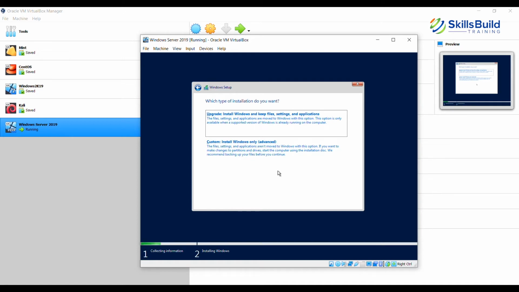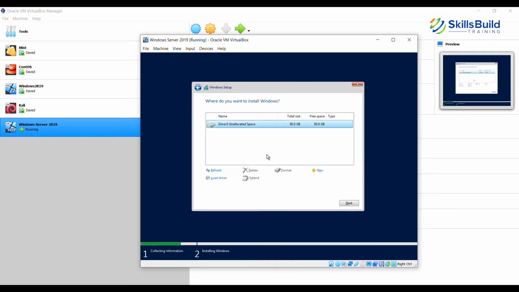Basically, if for instance you are going to use Windows Server 2000 and trying to upgrade it to Windows Server 2019, you will not be able to do so. You'll have to go back to Microsoft's website and find out which versions are supported for upgrade. For instance, you can upgrade Windows Server 2016 to Windows Server 2019. So go through the Microsoft recommendations in terms of upgrade. Then the second option is the custom option, where you do a fresh installation of Windows. So I'm going to just go ahead and click on this option.